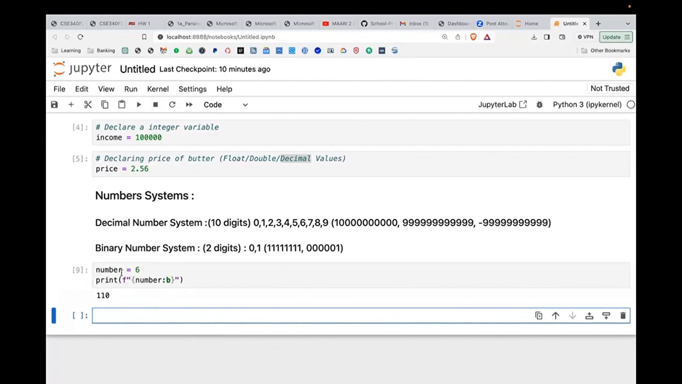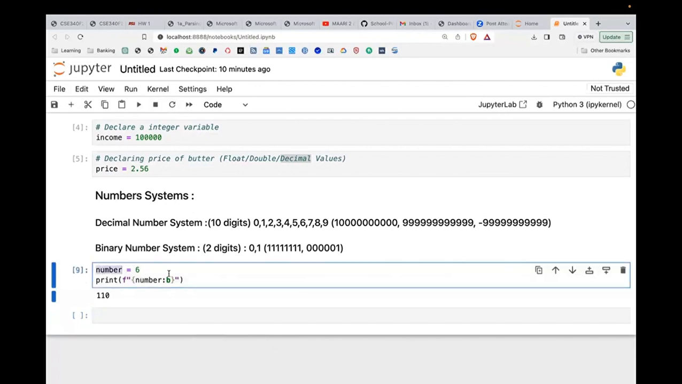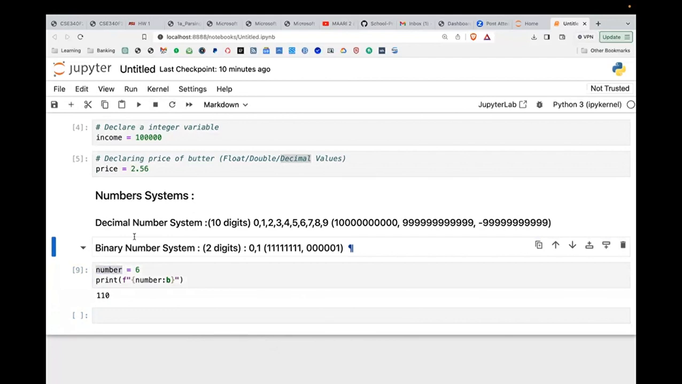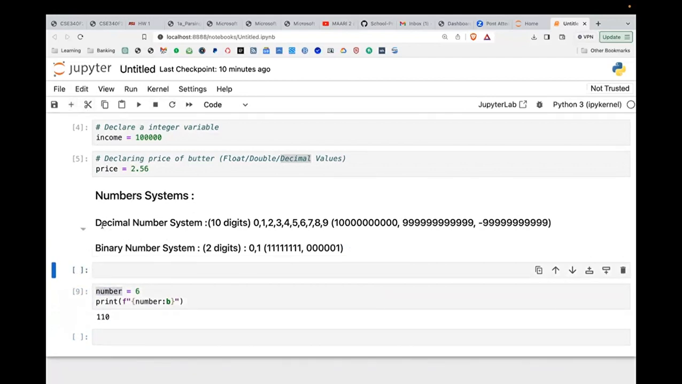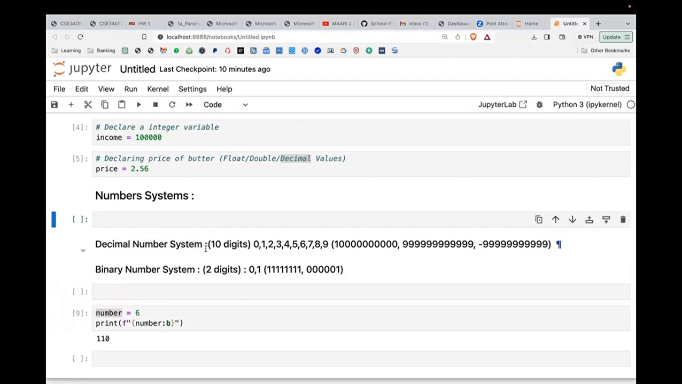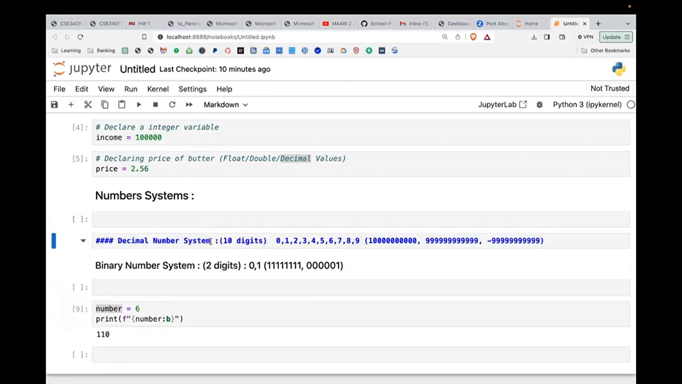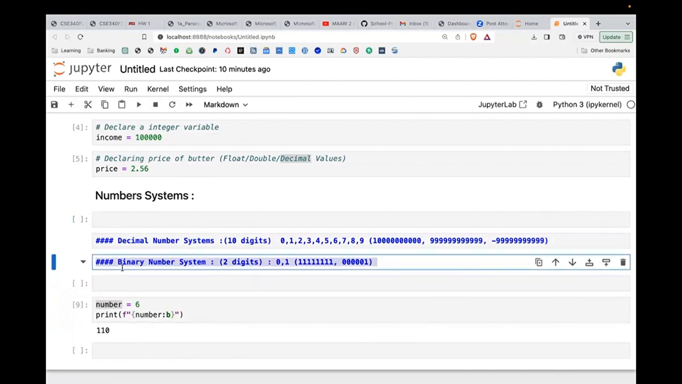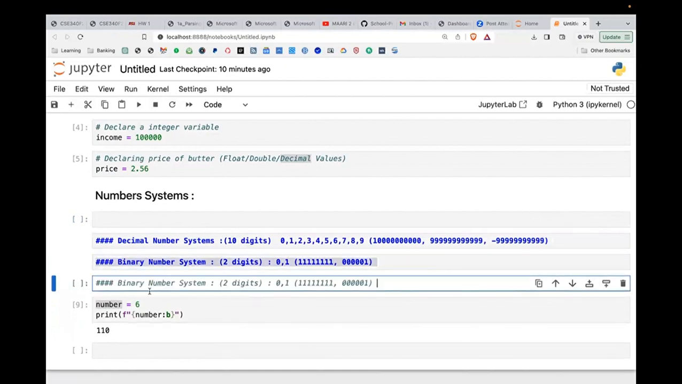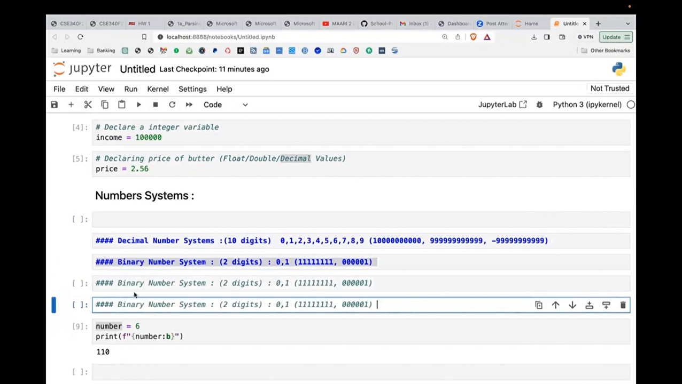In Python, any decimal number can be converted into other number systems. What are the number systems I told you? I just told you the decimal number system and the binary number system, right? There are multiple number systems. I told you two only. So this is actually the third one, and this is the fourth one. This is called the